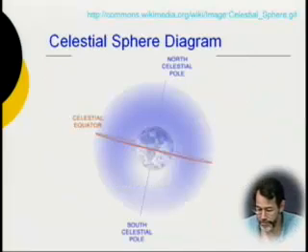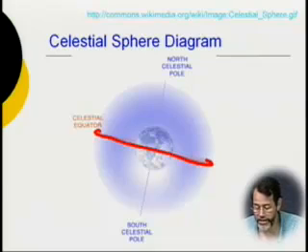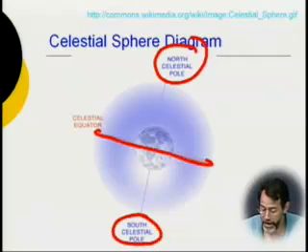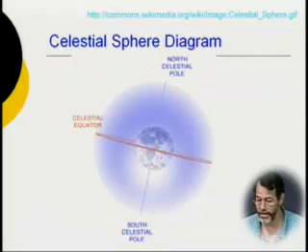So here is another picture like I sort of drew. The center is called the celestial equator, which is the projection of Earth's equator onto this fake celestial sphere. The projection of Earth's north spin pole is the north celestial pole, and the projection of Earth's south spin pole is the south celestial pole. Coming to you from Wikipedia, celestial sphere.